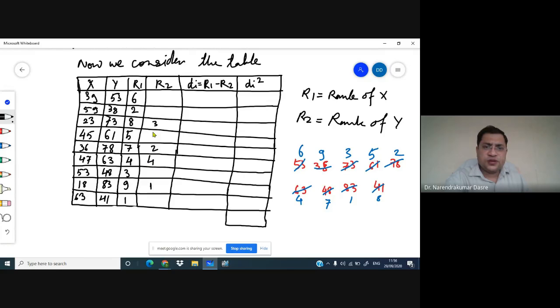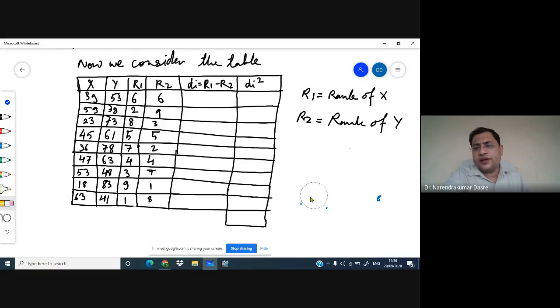Then we have this is going to be 6. So next is going to be 7. This is 8, and this is 9. So this way we are able to get the ranks for this observation. Once you get the ranks for this observation, the next column we have to calculate is the difference